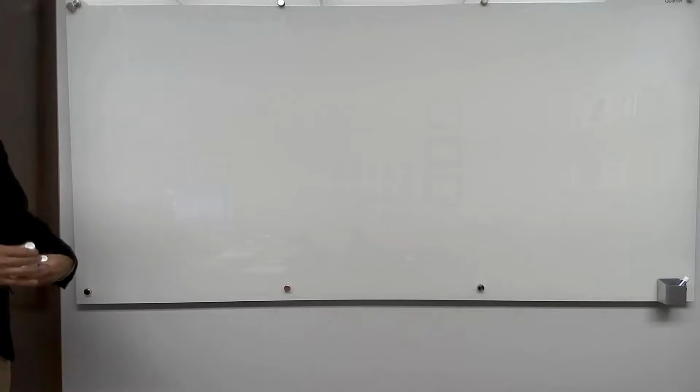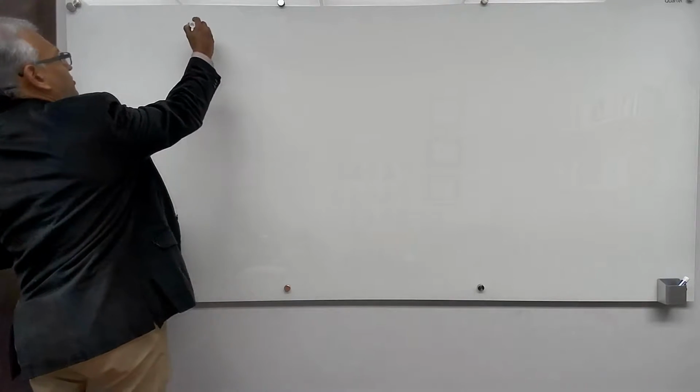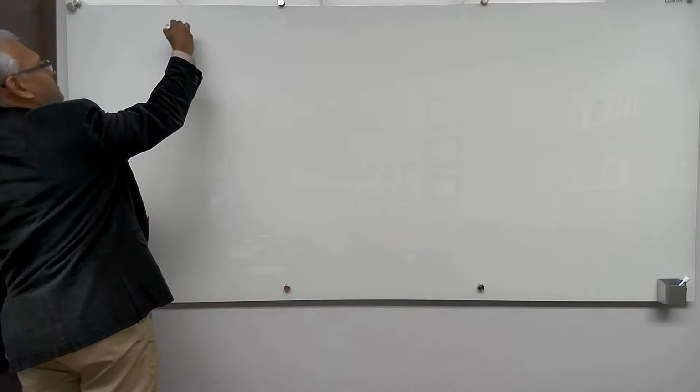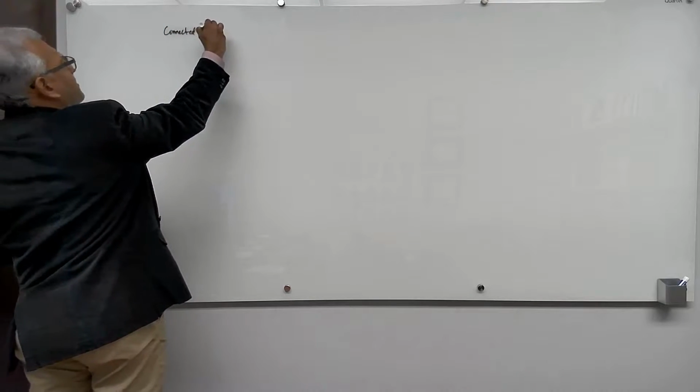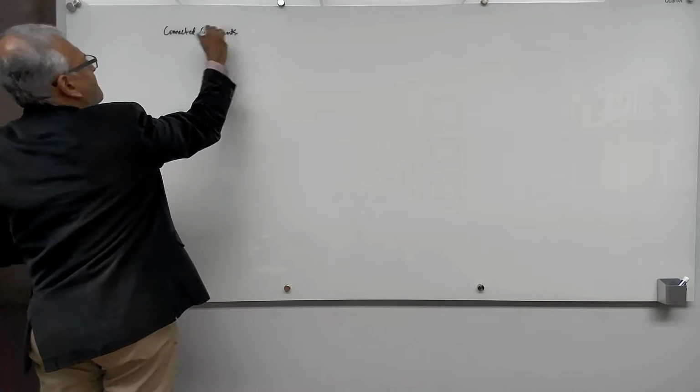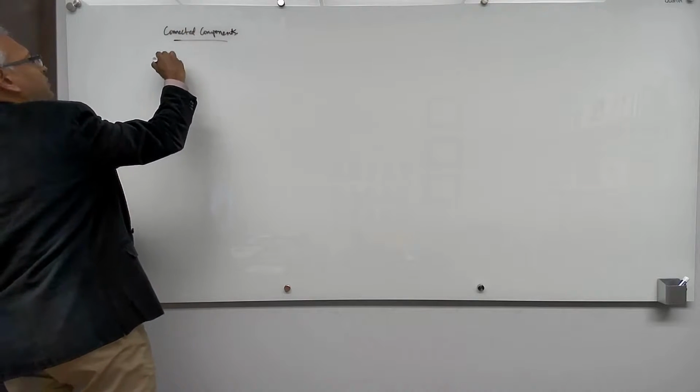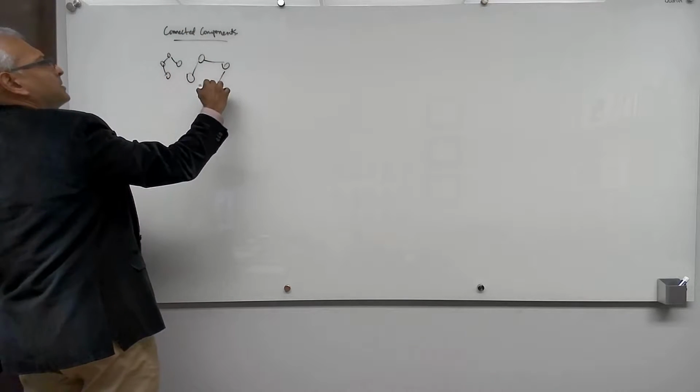Okay, so let's talk about lots of different forms of graph problems. We'll start with connected components. Components. Okay, so you have a bunch of people in a social network, and